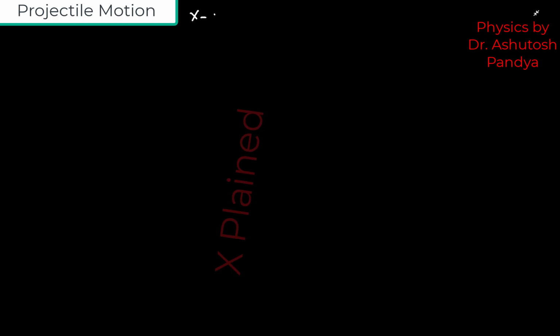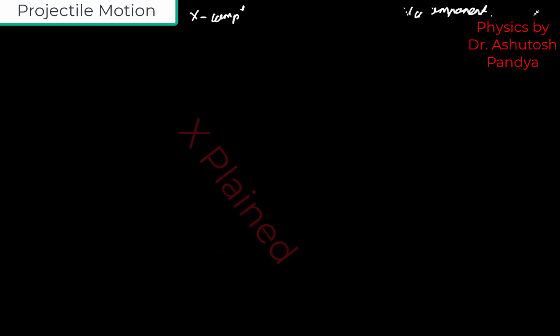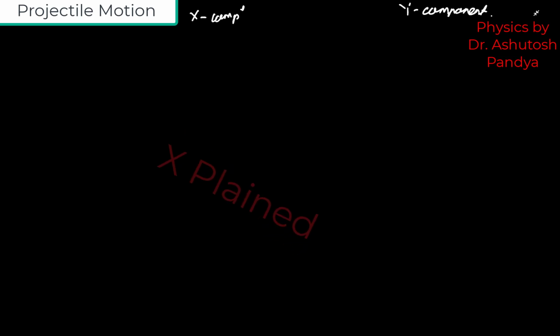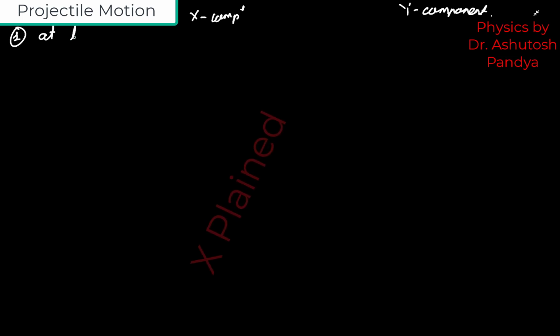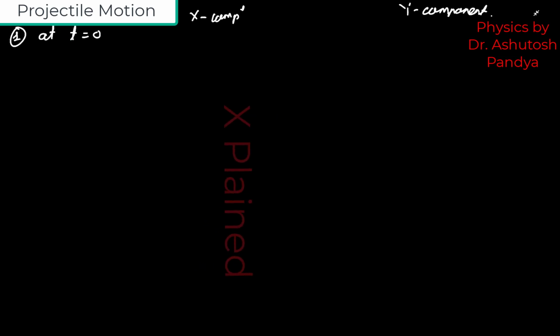Let's try to learn about projectile motion. Here we'll obtain the formulas and equations of projectile motion. Projectile motion is divided into two components, X component and Y component. Here we will move in three steps. In phase 1, we'll find out all quantities at initial time, or we can say at t equal to 0